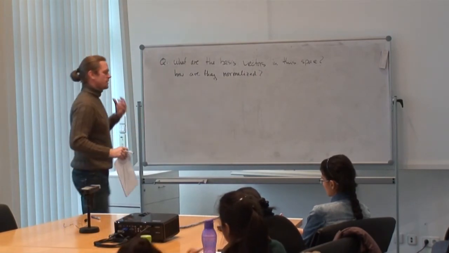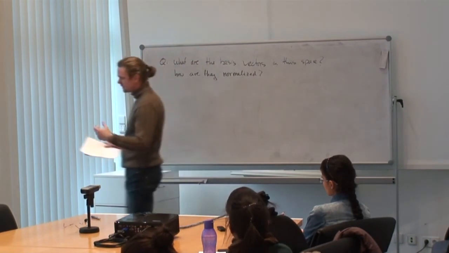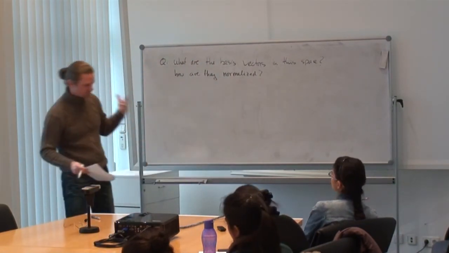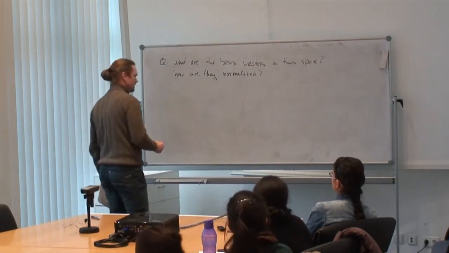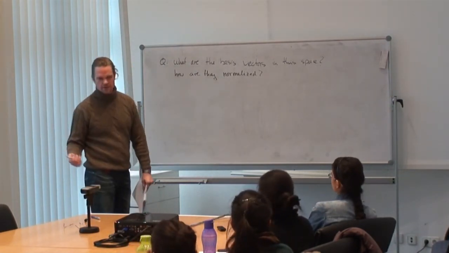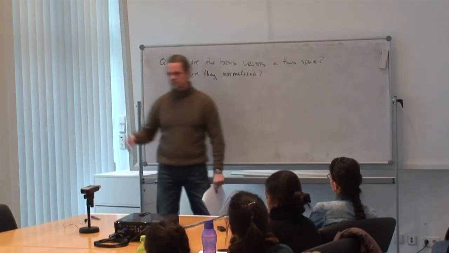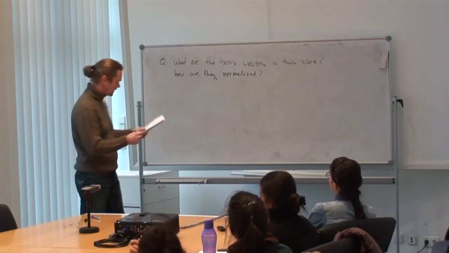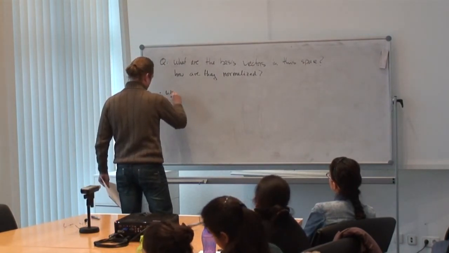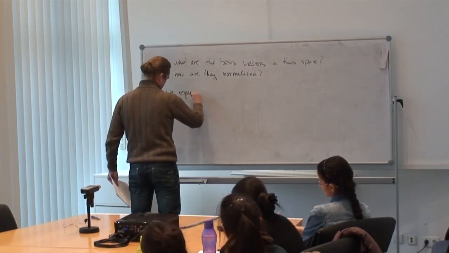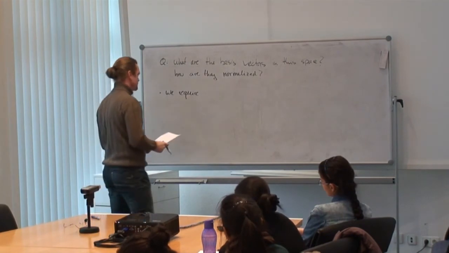Now, of course, one thing we should require from a pair of two basis vectors is this idea of orthogonality, that if they are not the same, their inner product should be zero. And so we require, this is something we should demand of those basis vectors,